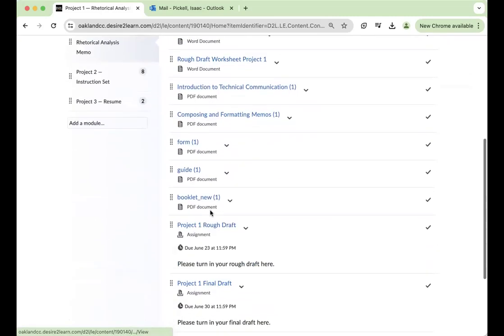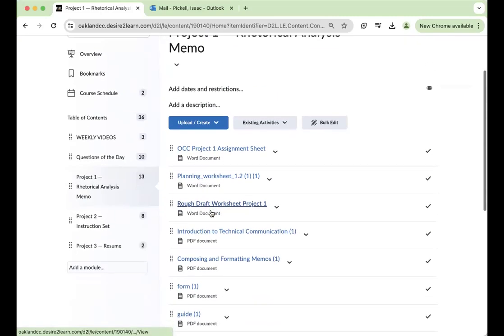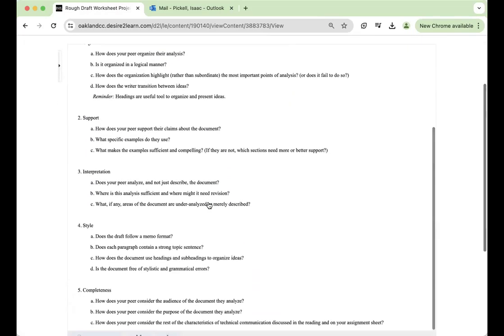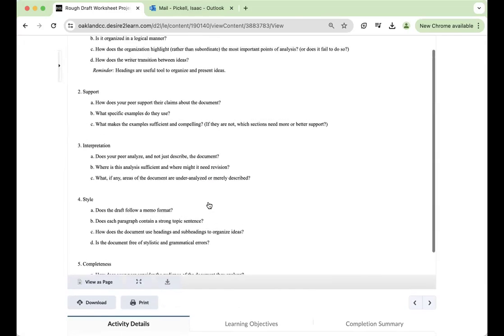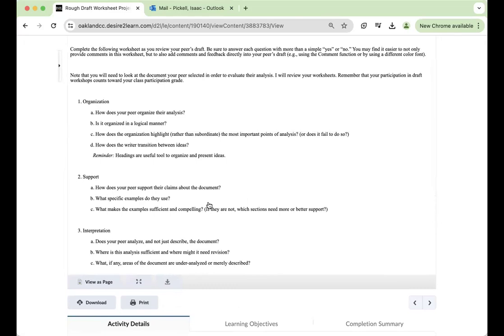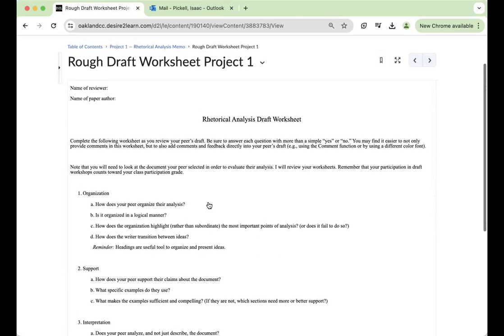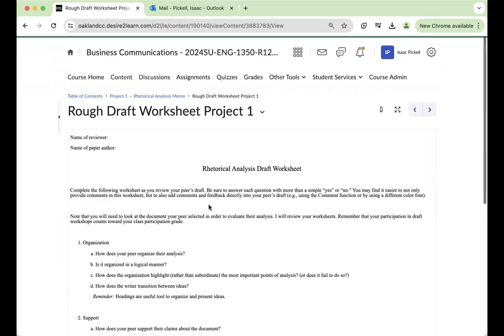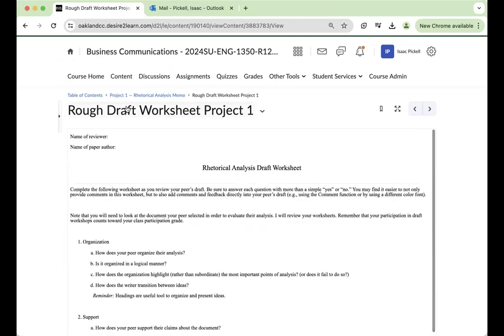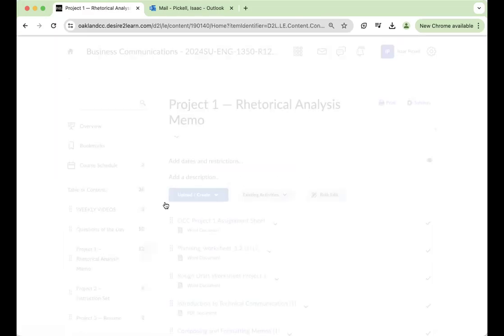Moreover, the rough draft worksheet will hopefully help you with a little more specifics in what I'm expecting and what you should be doing. So feel free to go over the draft worksheet as well. You won't be reviewing each other, but you can review your own in this fashion to make sure that it is working effectively.